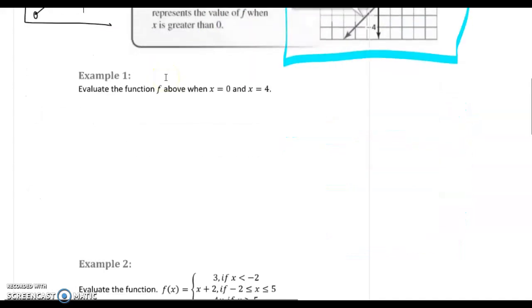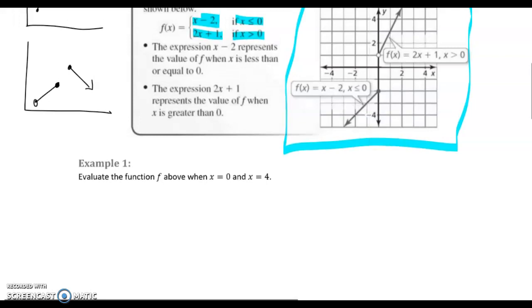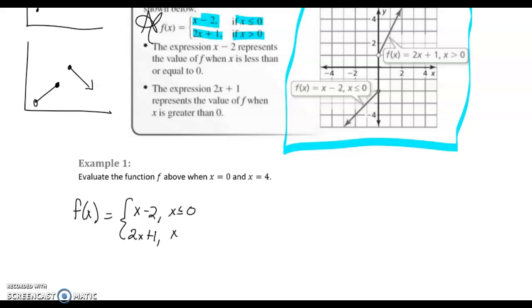Okay, so evaluating piecewise functions is not too bad. We're going to leave this function hanging out so we can see it right here. It says evaluate function f above when x equals 0 and x equals 4. I'm just going to go ahead and copy it here so I have plenty of room to write. You don't have to copy it down. It's in the little box right above us. All right, so